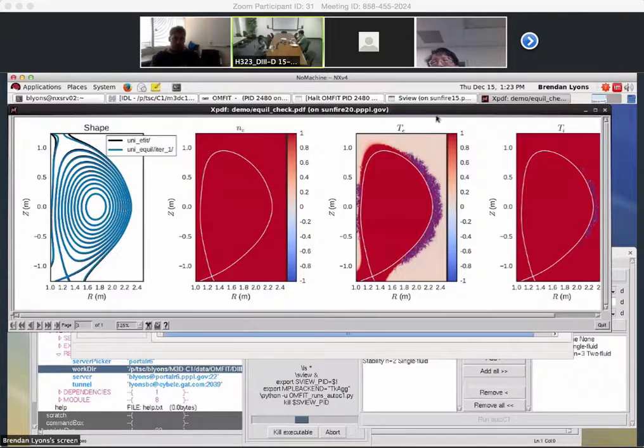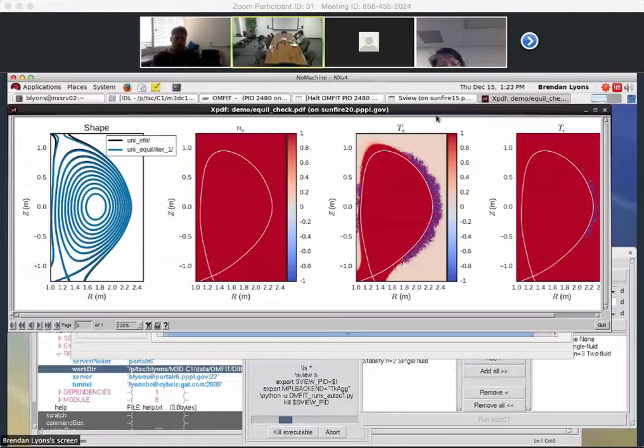In the calculation, you're using all the current from the OMFIT coil as well as the external coil. The current you're taking from the A file, right? And then you just adjust them slightly to keep vertical stabilization. Right, exactly. I think probably the vertical stabilization changing a little bit, and near the separatrix, even a small change can make some difference. Yeah. So it does feedback to keep the